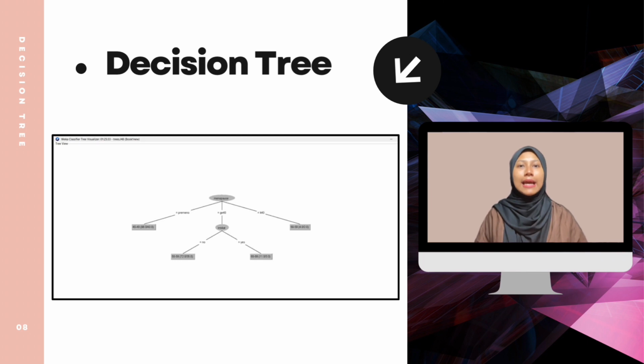As you can see in this slide, this is the decision tree based on our breast cancer dataset. Out of the 10 rules generated using Apriori algorithm, 3 dimensions, which are menopause, irradiate, and age, are selected as they are the most influential dimensions. The authors use J48 classification algorithm in order to classify and visualize the decision tree. It shows that the most contributing dimensions are menopause and irradiate.